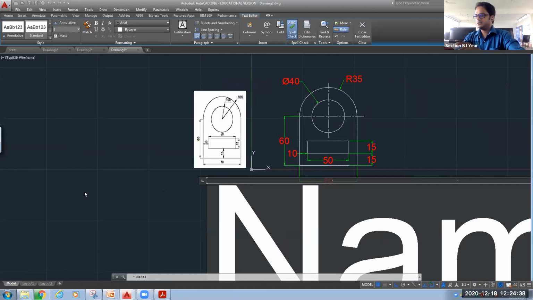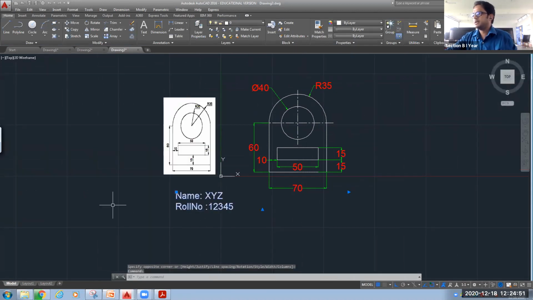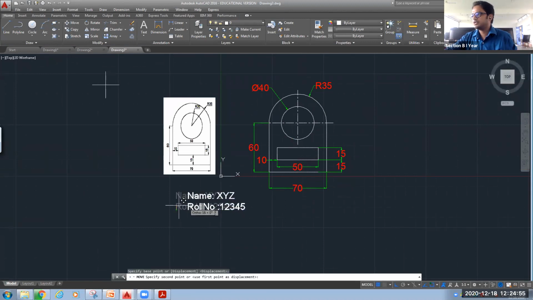Now type name. I'm writing XYZ. Press roll number 1, 2, 3, 4, 5. After writing that, you click somewhere outside and it will come like this. You can move it to the location wherever you want it. Here only.